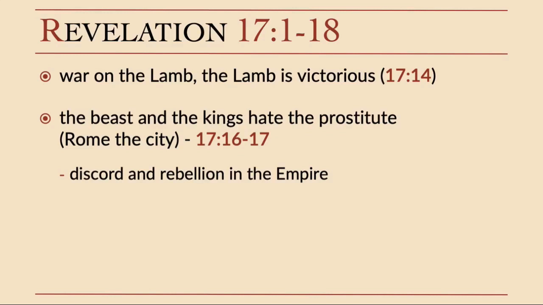So 17 and 18 are taken together. We need to remember that. But we have in chapter 17 this horribly ugly, wicked woman, the prostitute. She's the one that's making war on the Lamb. So I want you to think about this for just a moment. If you can visualize this in your mind, here we've got this prostitute on a scarlet beast on one side, and she's swaggering and swaying because she's drunk with blood.